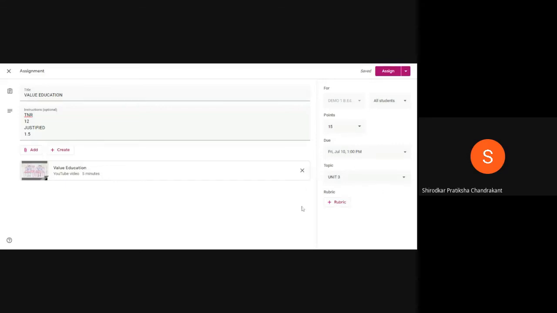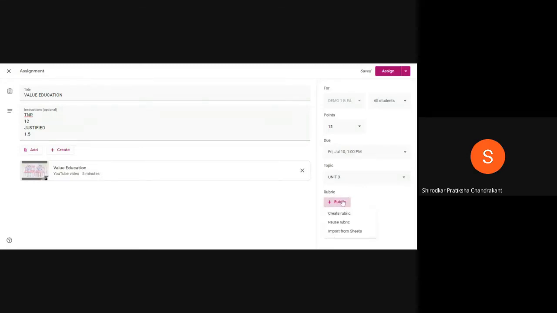And this is the rubric section. Now this rubric is a very important aspect associated with Google Classroom. When we assign anything to the students, I don't know how many teachers follow this method, it is our duty to tell them the criteria based on which we will be assessing their assignment. Sometimes we don't do that, but it is very important for the students to know on what basis my teacher will assess my assignment. So this rubric will help you put down all those criteria which can help them to do the assignment based on those aspects.